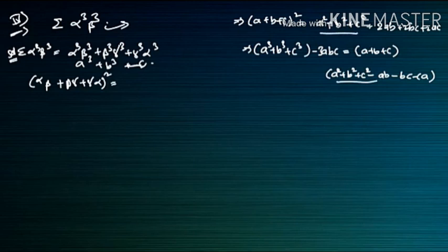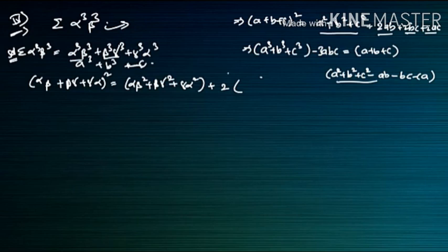After that it will become alpha beta square plus beta gamma square plus gamma alpha square, plus this is 2ab, all 2 I will take common from all the given terms in this formula. So ab means this a and b multiplied, it will become alpha beta square gamma will come, so I will take alpha beta gamma common from these terms, so it will become alpha plus beta plus gamma will come here, okay?